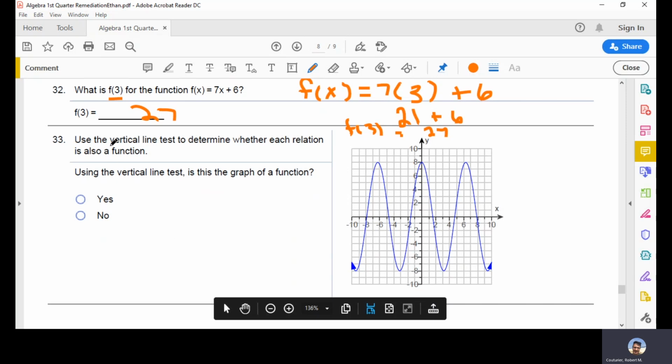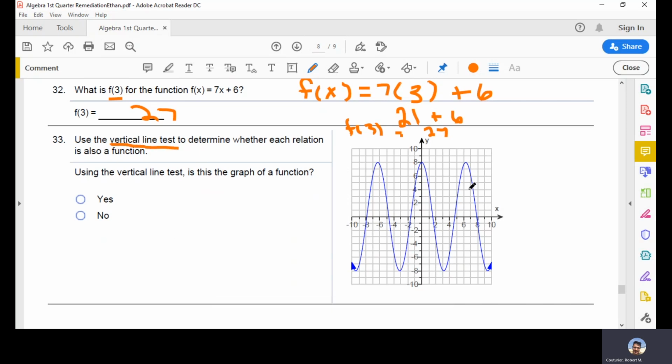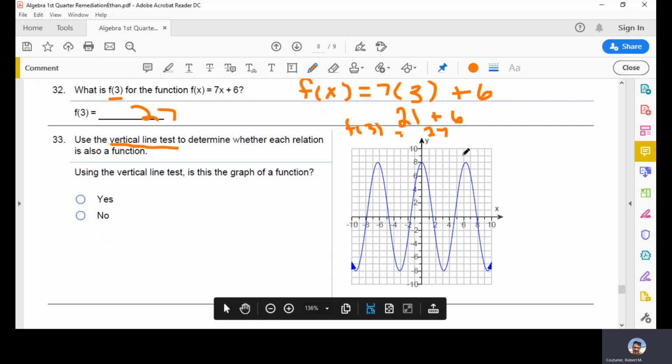Use the vertical line test. So we just talked about that. Vertical line test means hold up your ID card, your pencil, your finger, stand back, take a look, eye it up. If you can draw a vertical line, like the y-axis is a vertical line, and it only touches at one point, come over here, it only touches at one point,